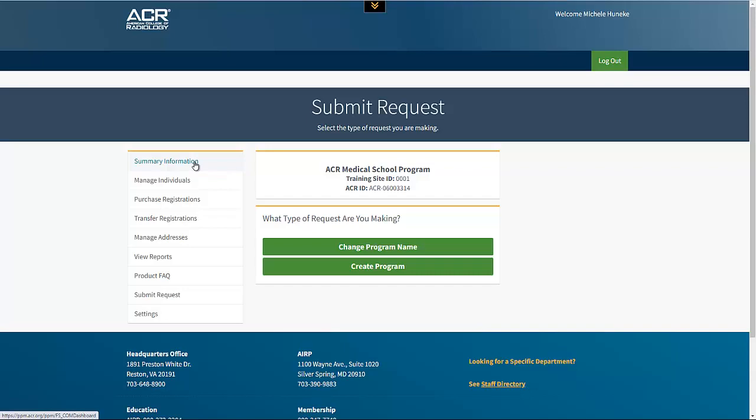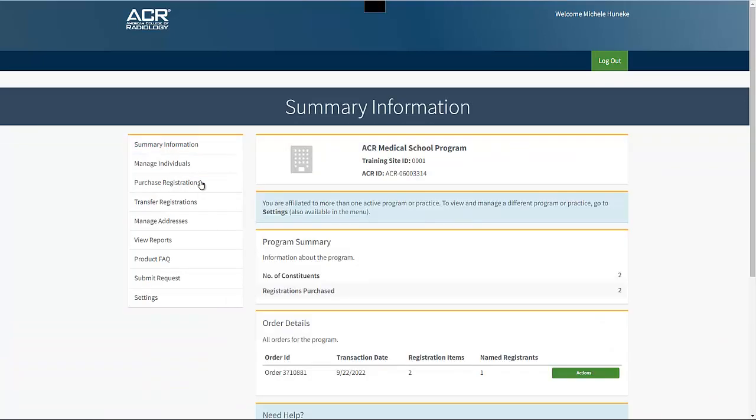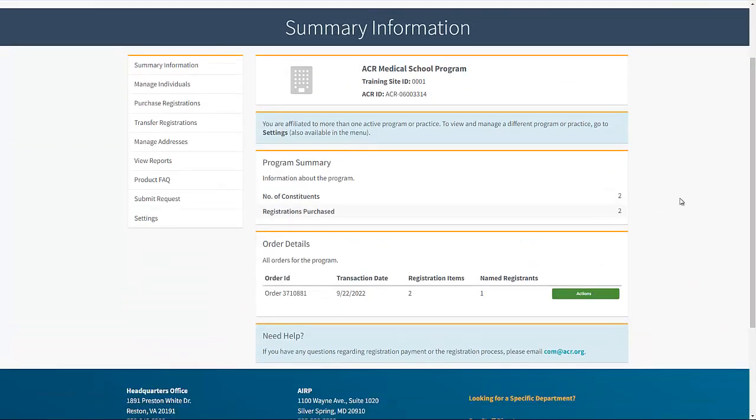If you have any questions, concerns, if you go back to the summary information page, if you have any questions about a particular program, please contact that program directly via the emails you normally use, or for specific questions about your program or registrations, you can contact